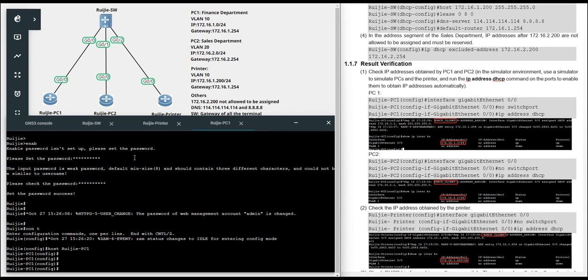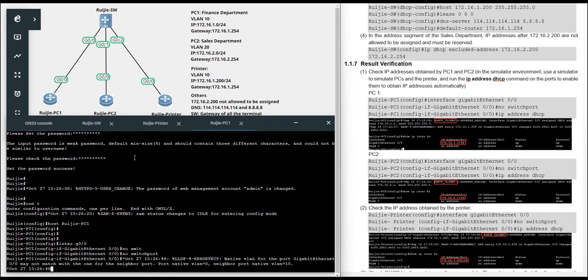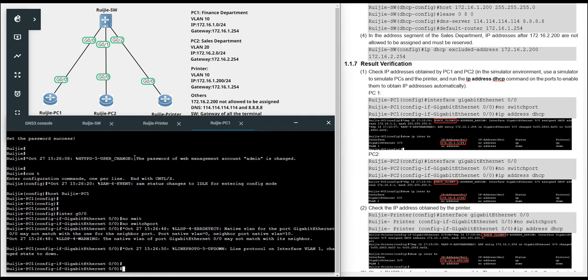And later enter the interface, first change it to become a layer 3 interface. In your real network, because this is only a simulator, if this is a router, maybe the default mode of the interface is a layer 3 interface, so you don't need to add the command no switchport.